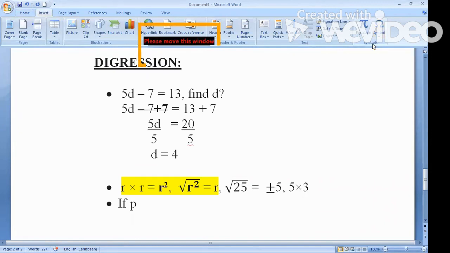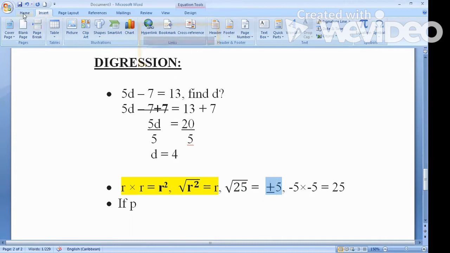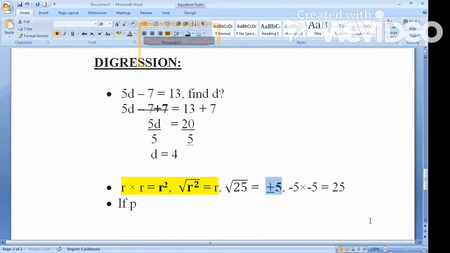5 times 5 gives us what? 25. And negative 5 times negative 5 still gives us 25. Very good. So that's why the square root of any number is always what? Plus or minus. All right. But we don't normally use a